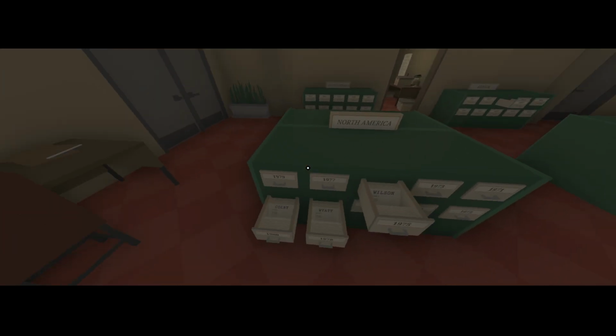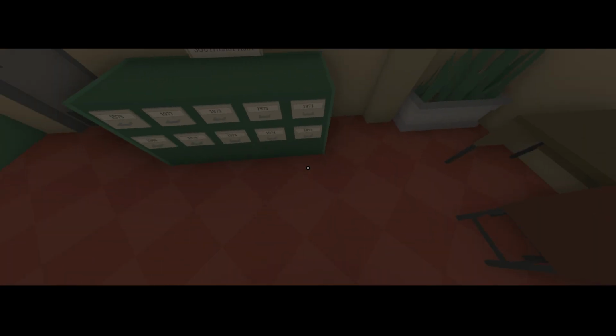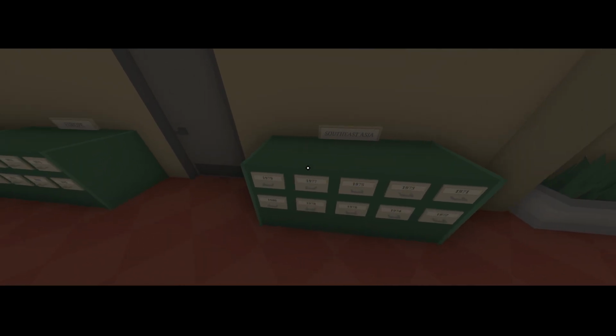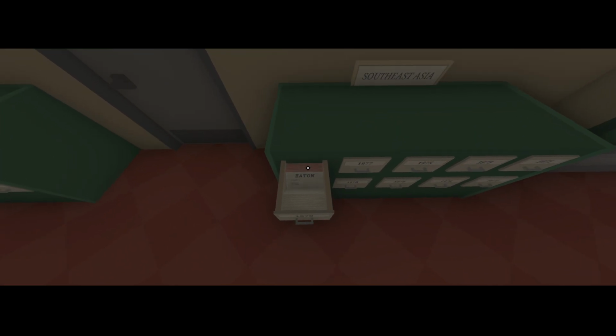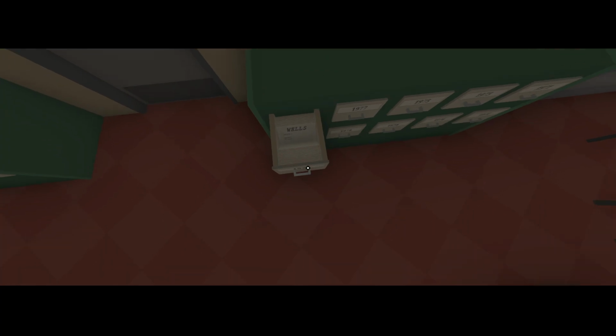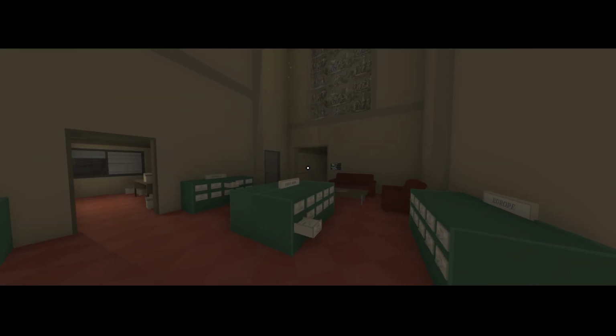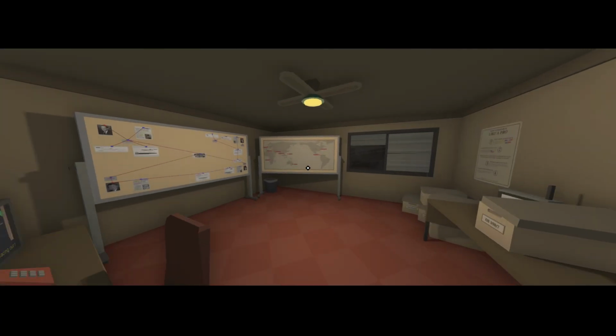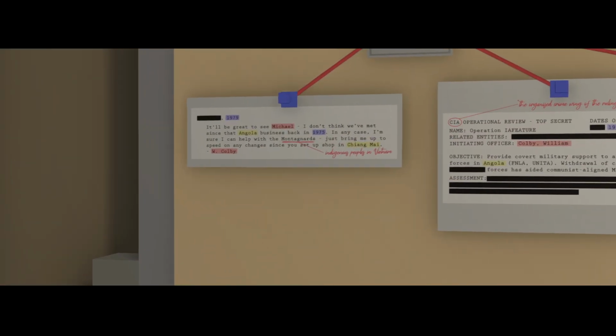Southeast Asia, 1979. No, this is North America. Where's 1979 Southeast Asia? Anybody we know? Nobody we know in 1979 in Southeast Asia?